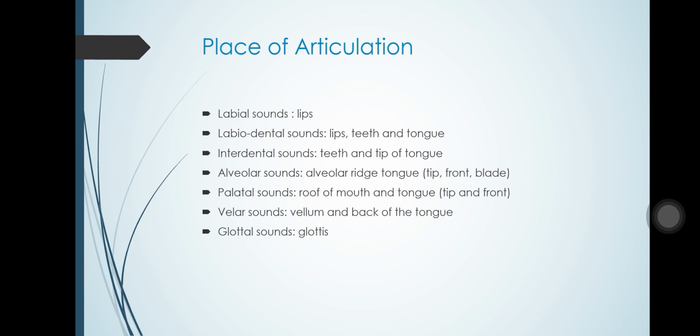So, velar sounds: the velum and the back of the tongue. A velar sound is a sound made with the back of the tongue making contact with the back of the roof of the mouth, which is the palate. Sounds that are velar include the K and G. Examples of velar assimilation errors are saying kak, tak, gak for duck.